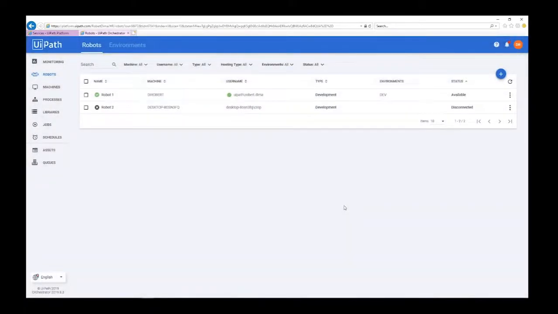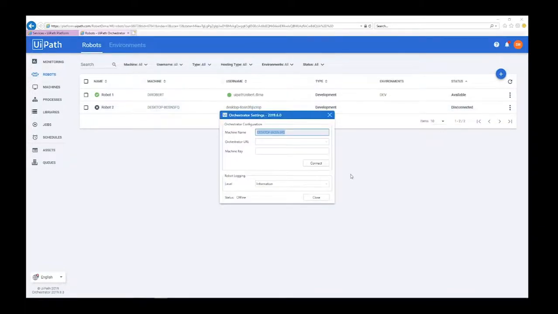More details about each setting can be found in the documentation. We can notice that the robot is still not connected. We have to provide the Orchestrator URL and the machine key. This is the URL,